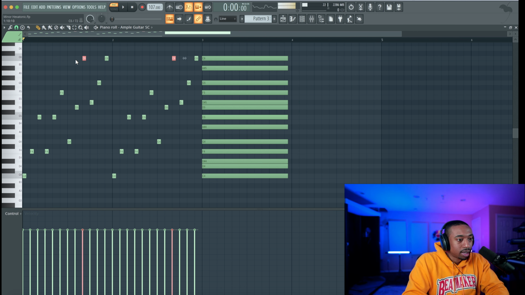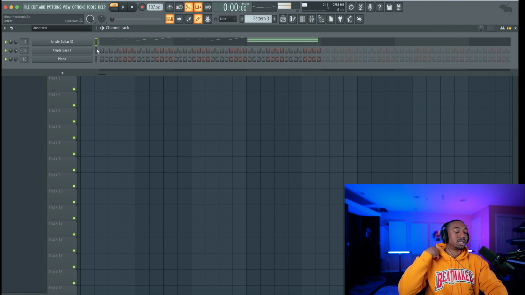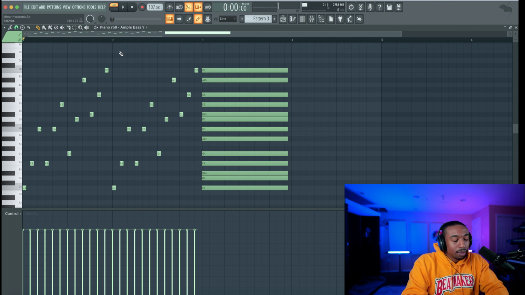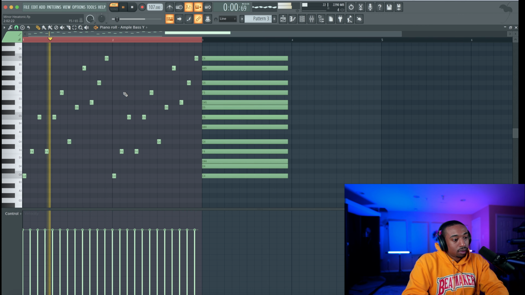Okay, so I'm gonna show you a technique in a little bit after I'm done writing this. There we go. I like that a lot. So let's grab the other guitar, which is a bass guitar. Let's copy these notes, hit Control C, Control V to paste. Now what I'm gonna do is create a difference between that guitar and this bass sound. I'm gonna do it usually at the ends or the turnaround.